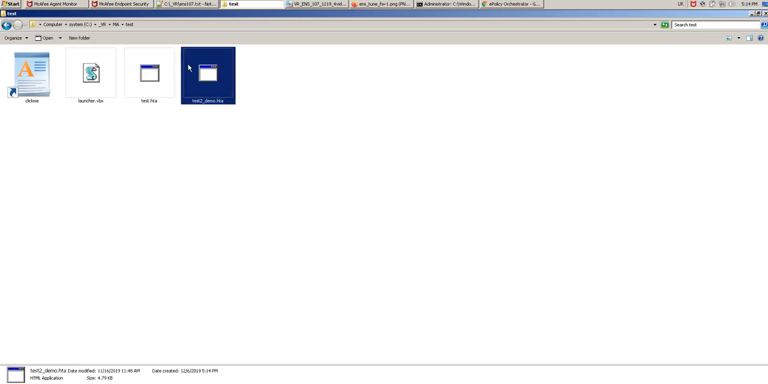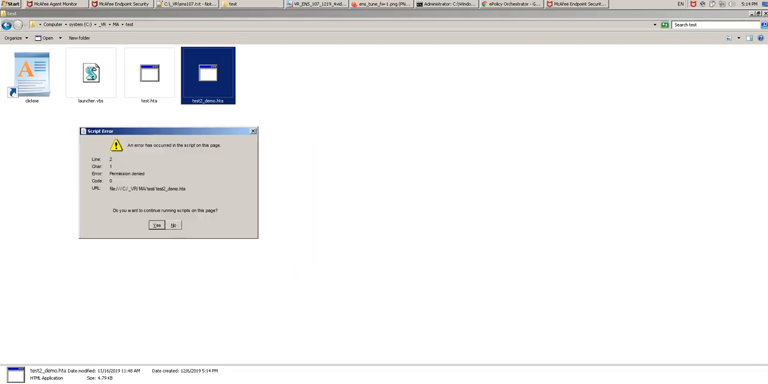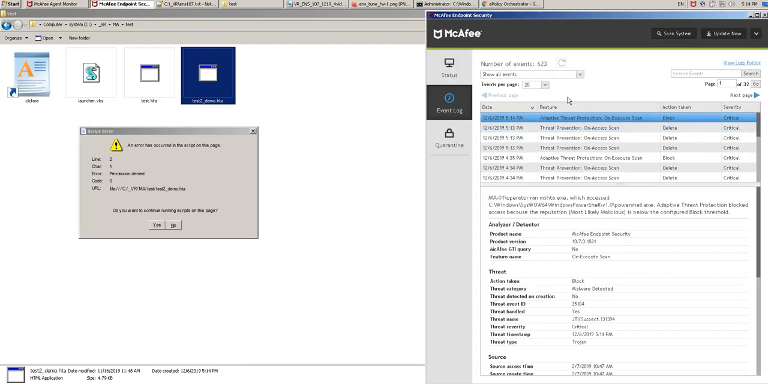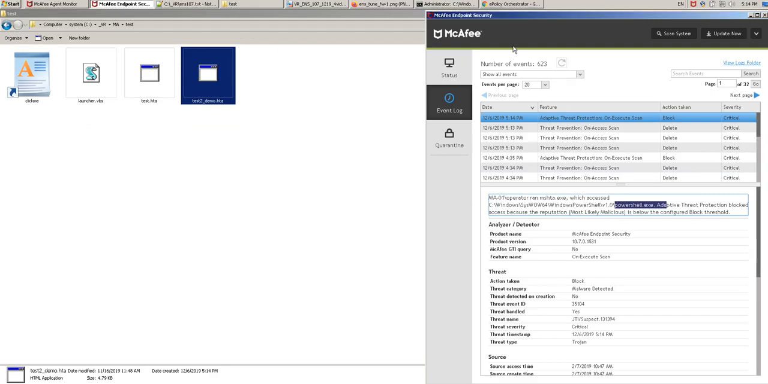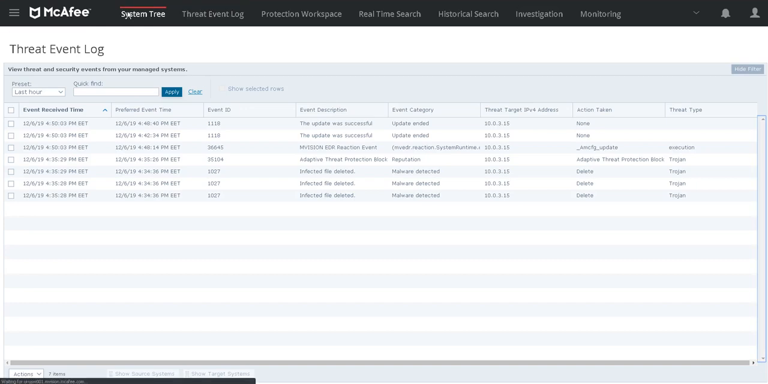So let's start with the HTA. HTA is commonly used for entry points in different attacks. But look, we have an error in our script, and we have detection by Adaptive. Adaptive determined that MSHTA tried to invoke PowerShell execution and just blocked it. So ENS protects me, and let's send this event to ePO, and let me switch to ePO,